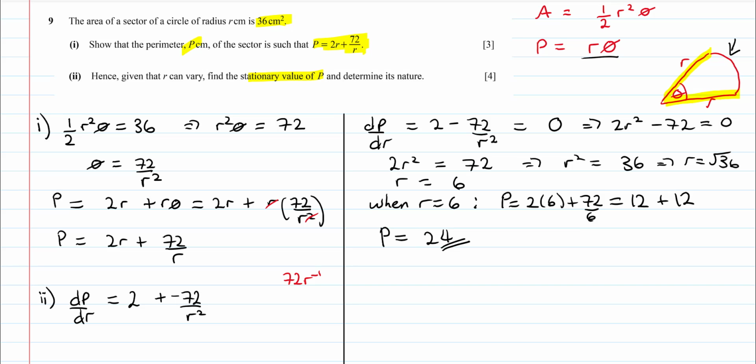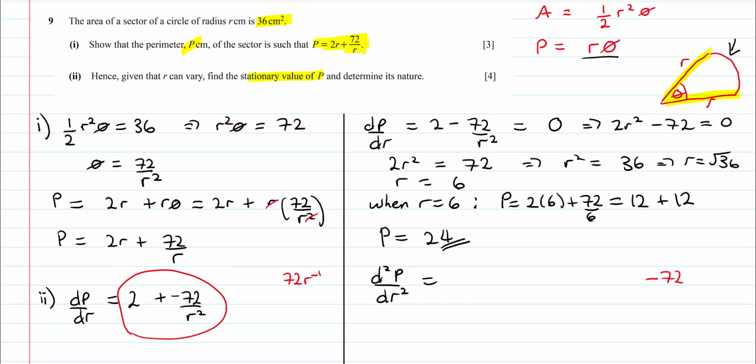So now we just need to find out whether this stationary point is a maximum or a minimum. So to do that, we're going to take the second derivative of P with respect to r. So the second derivative is just the derivative of the derivative, which was this part here. So that's going to equal then, well the derivative of 2, well that's just a constant, so that's going to just be 0. And then we want to take the derivative of this